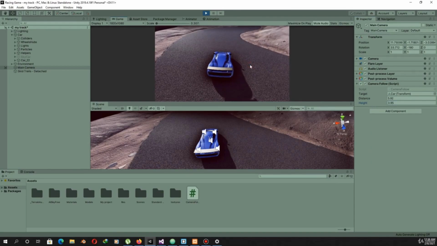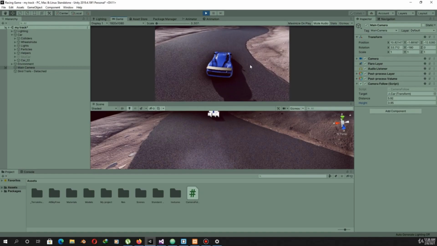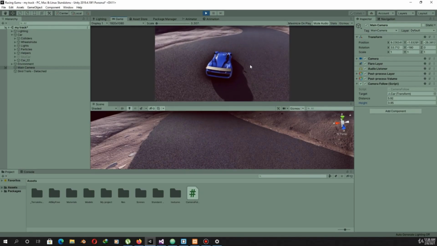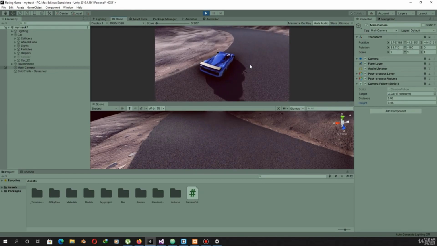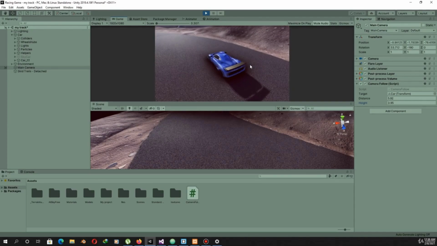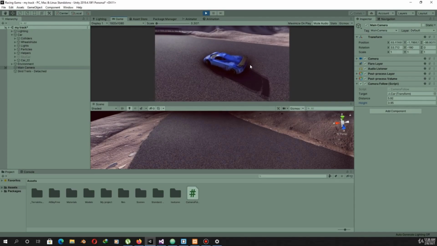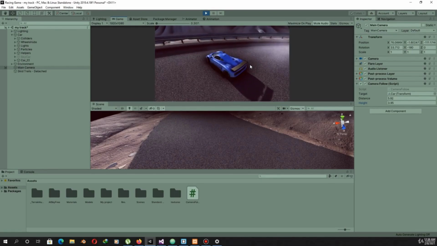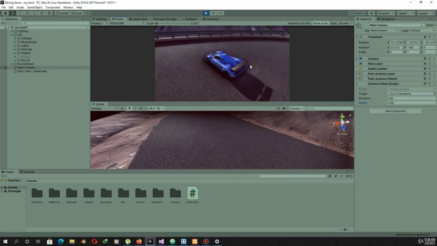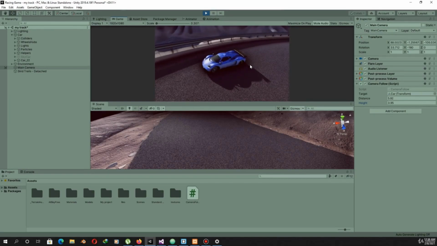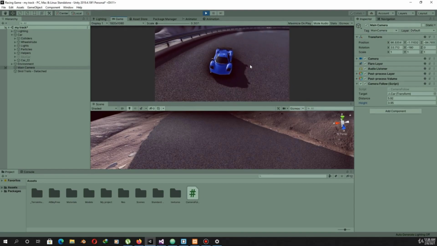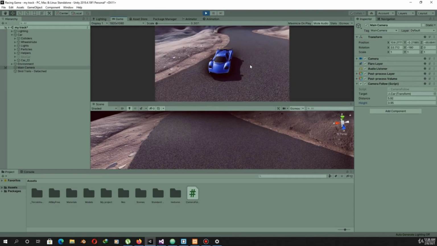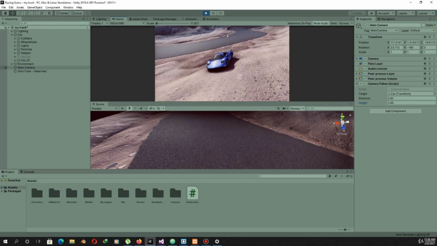So currently this script will not work correctly. There will be some problem, because if we keep going straight, then the camera will correctly follow the car. But you will see what will happen when we rotate the car, and when we take a turn, you can see that our camera has changed its position. It means that we also have to take into account the rotation of the car. And now you can see that the camera is seeing the car from a totally different angle.